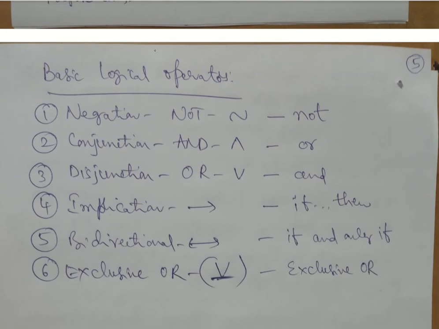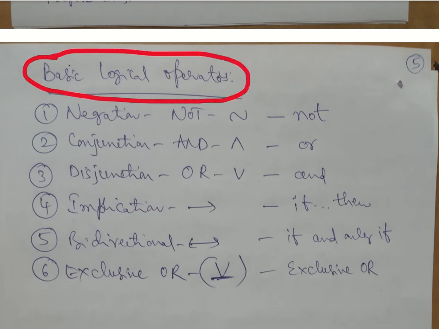So that's what I was mentioning here. Basic logical connectives are different, and logical operators are different. Logical operators are your NOT gate, AND gate, OR gate, all those things. I'm not going to confuse you here, just giving clarity. They differ only in the sense of the subject. In logical design, you might have used these names. No doubt they have the same meaning here. But here we never use the word logical operators. We always use the word logical connectives. Apart from that, you don't see much change here.